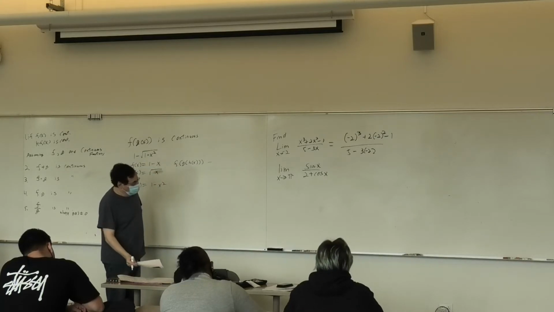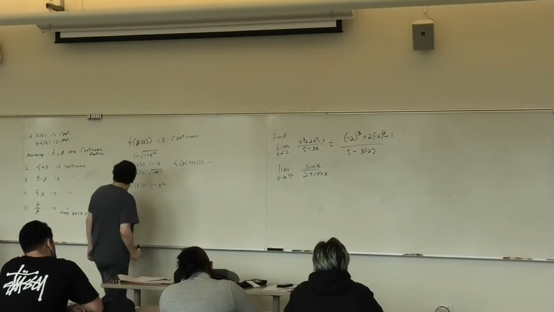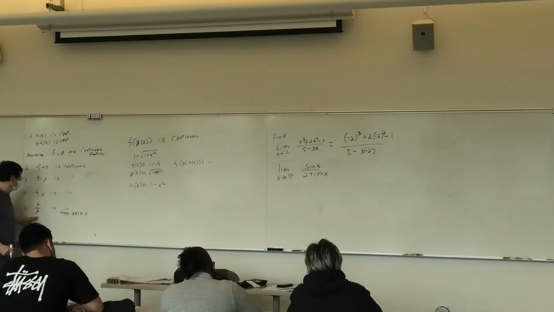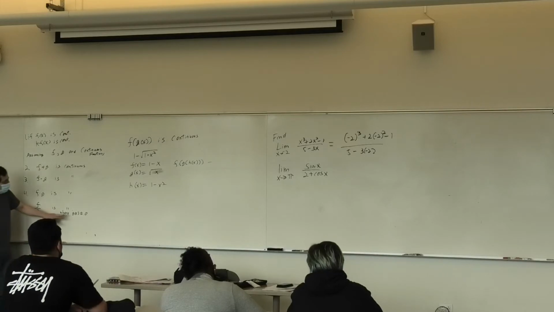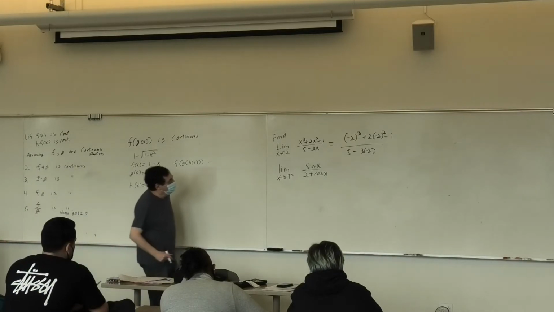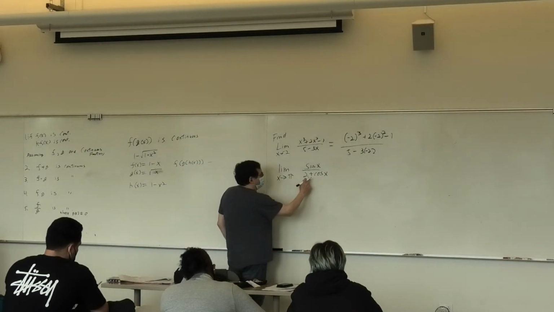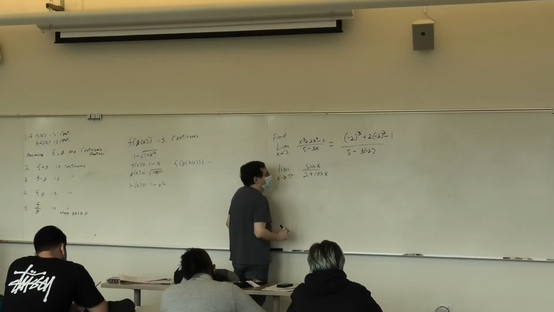So again, we're using the fact that if f and g are continuous, f over g is continuous where g is not 0. Well, 2 plus cosine of pi